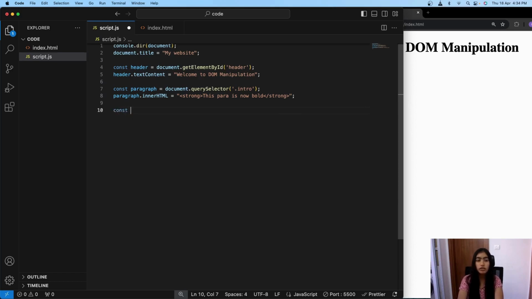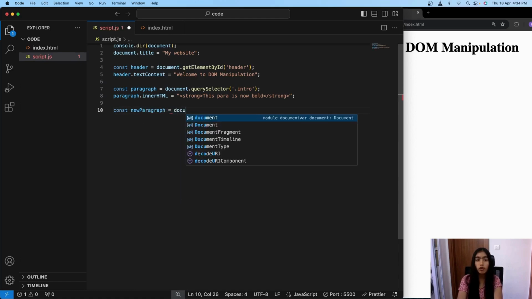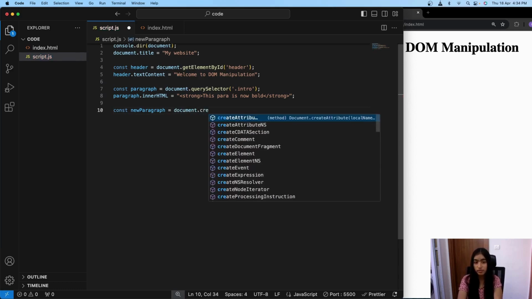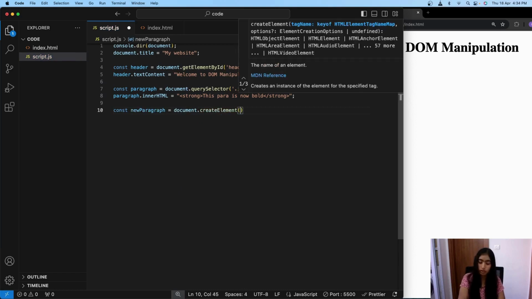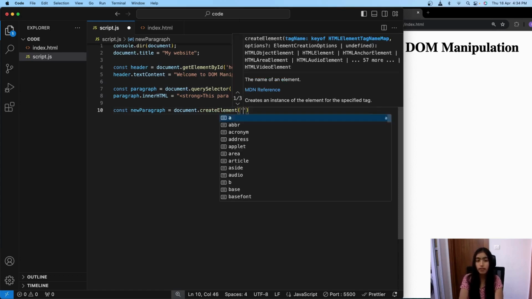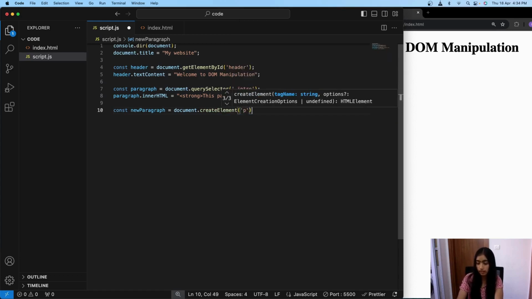So const newParagraph equals document.createElement. Now what are we creating? We have to specify that. In this case, we're creating a paragraph, so p is the tag.